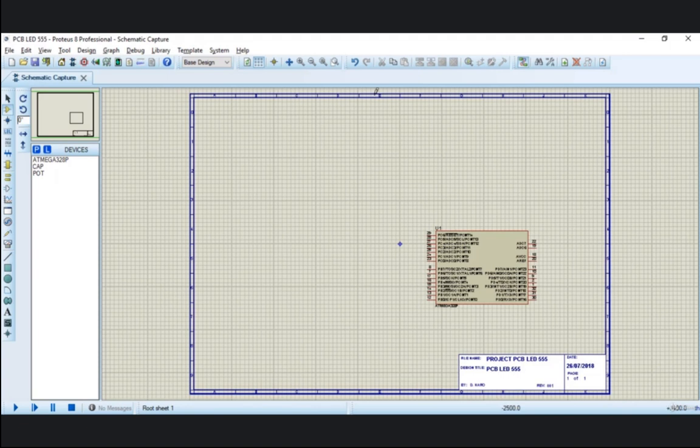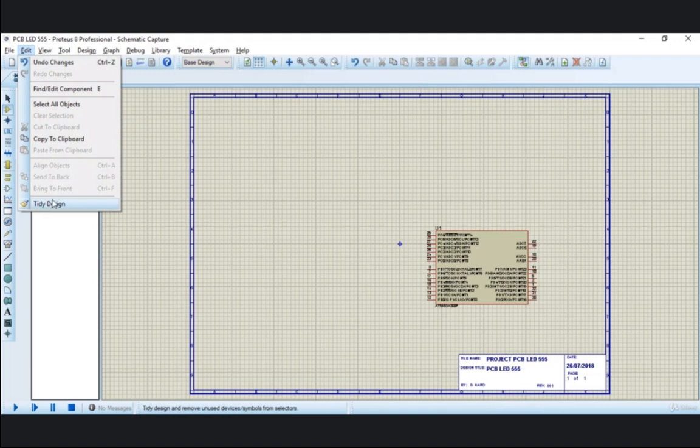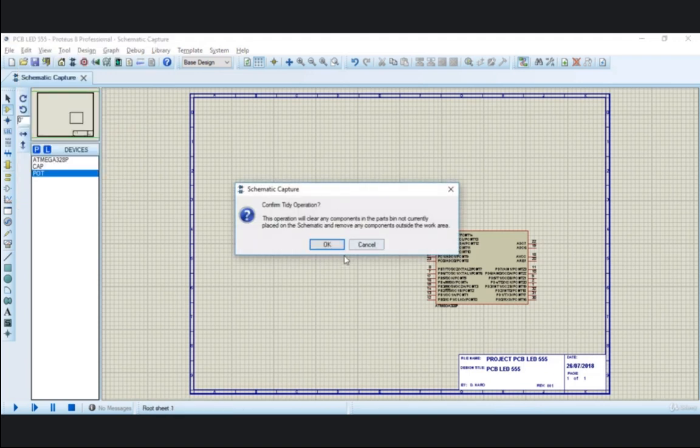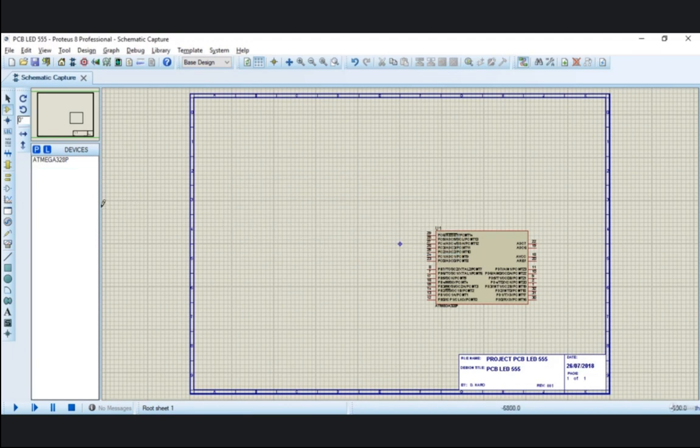Choose that and then press delete to delete the components. So the operation will clear any components in the part that is not within the worksheet.